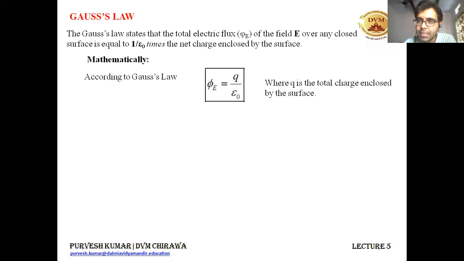If the surface is enclosing a lot of charge, we need to sum it up, find the net charge, and then divide it by epsilon naught. You will get the value of electric flux linked through that surface. Earlier in our previous class, we have learnt about a different formula for finding the electric flux.